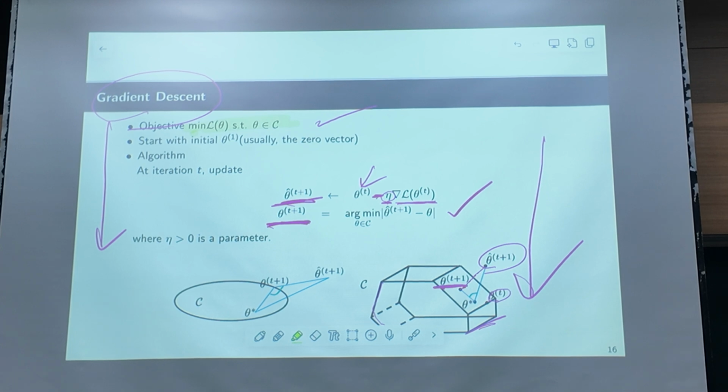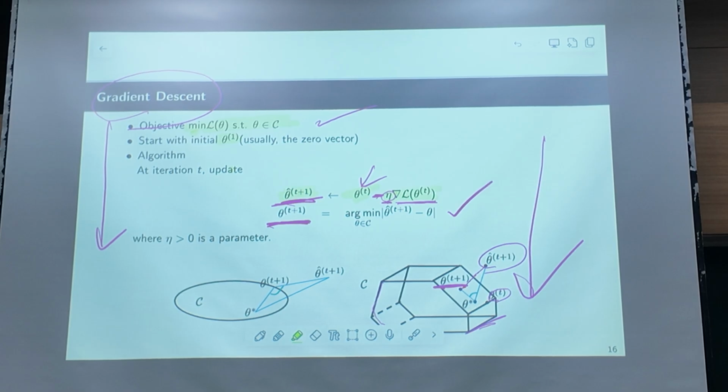And gradient descent, by the way, is an iterative algorithm. You start with some initial point, and then you iteratively update your point or solution. So what you do is you're at some point theta t, you go in the opposite direction of the gradient at some scale, eta,